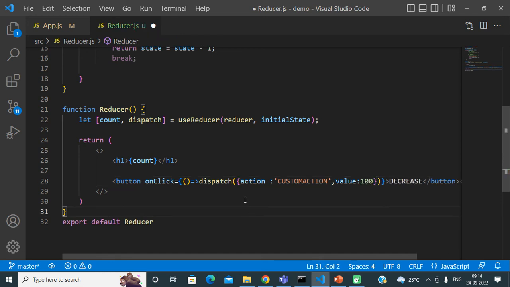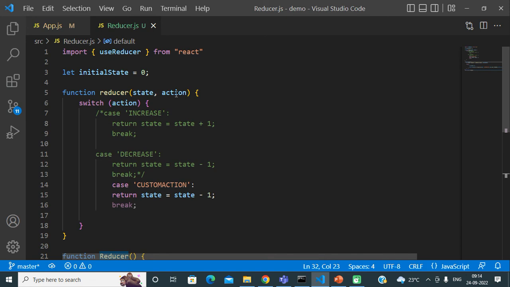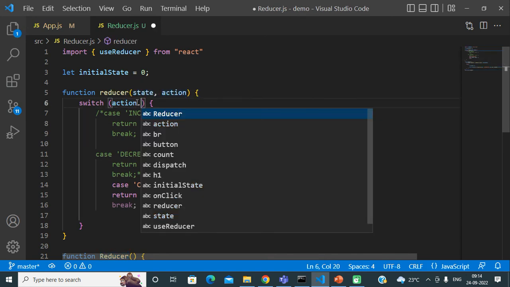So I have just converted my dispatch function from a hard coded action to an action with any data. Now what changes do we need to do here? This time we are sending an object, so action dot action.